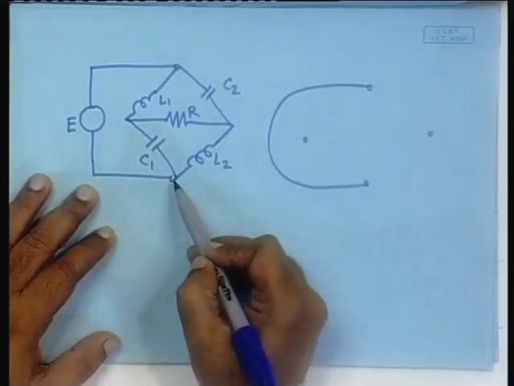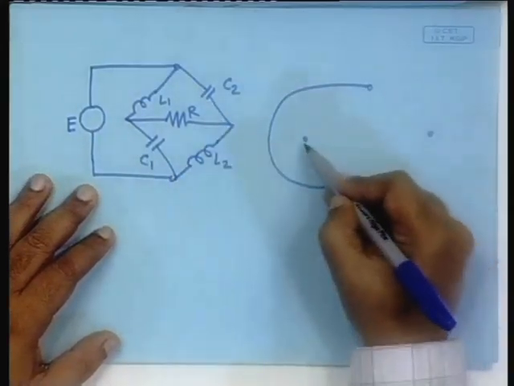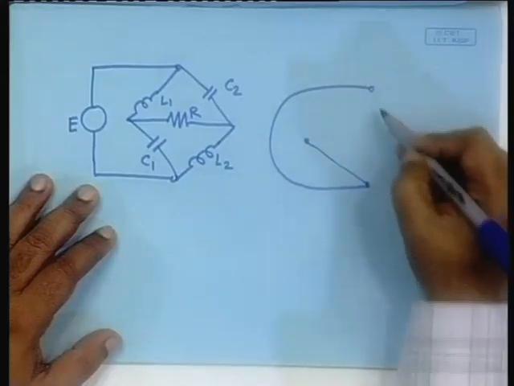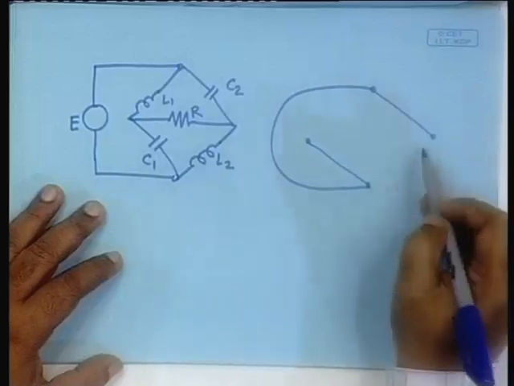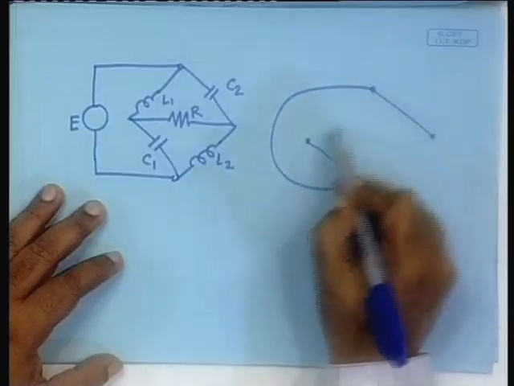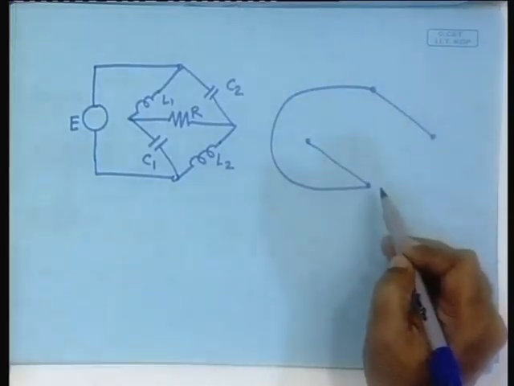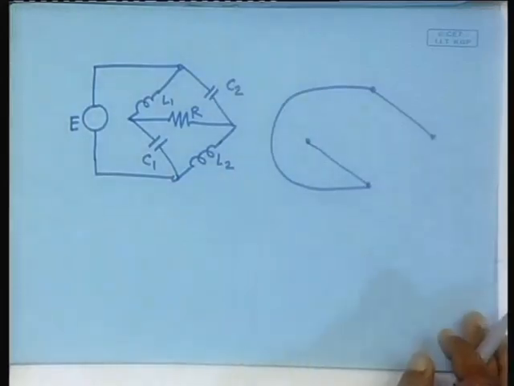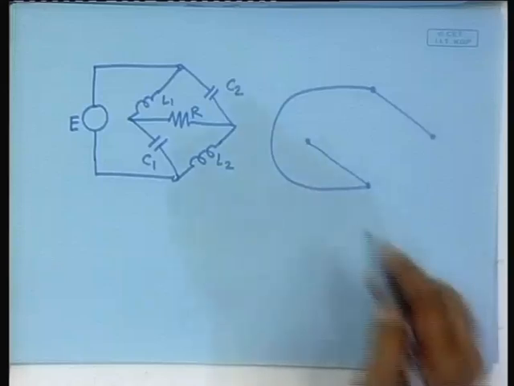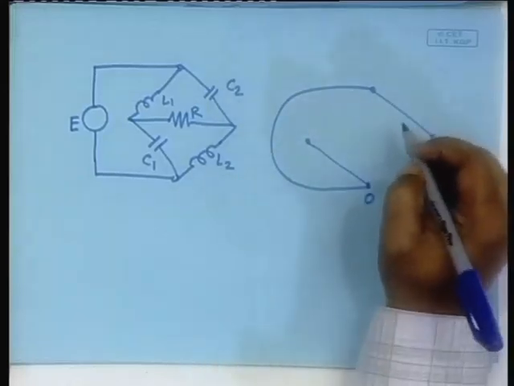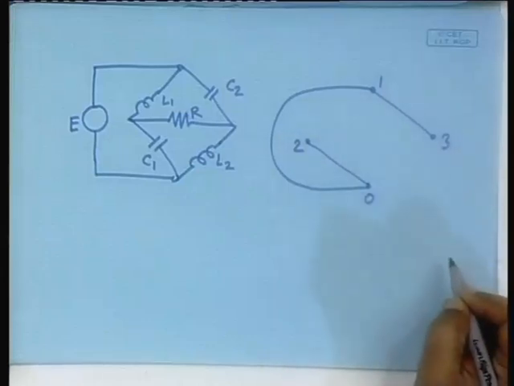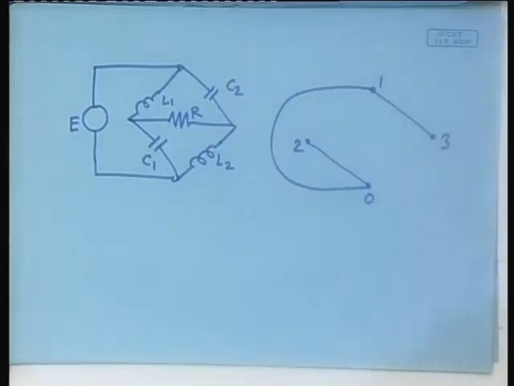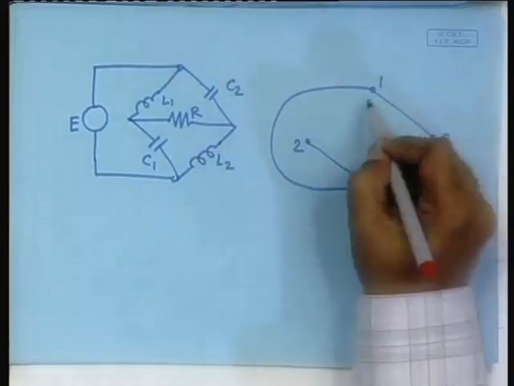Standard tree should contain these, right. Now, you notice that if you close any of the other things, it will complete the loop, and therefore, this is the standard tree. Once we have identified, quickly give the numbers 0, 1, 2, 3. So, the co-tree will be